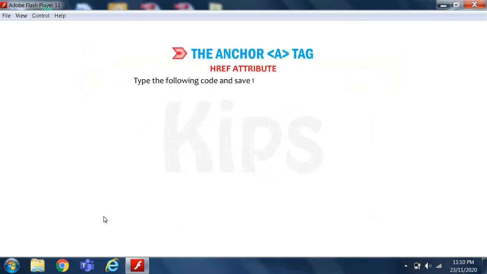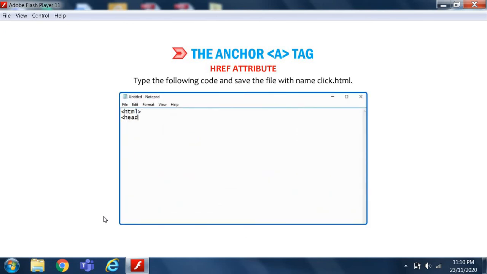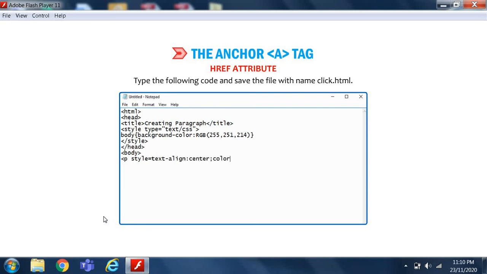Type the following code and save the file with name click.html. <html><head><title>creating paragraphs</title><style type="text/css"> body { background-color: rgb(255, 251, 214) } </style></head><body><p style="text-align: center; color: blue"><b>Thought of the day</b></p>